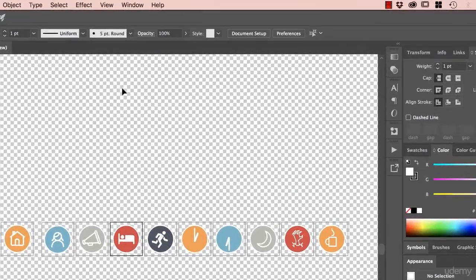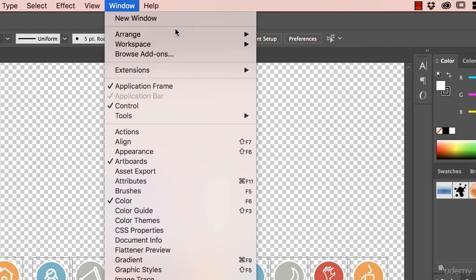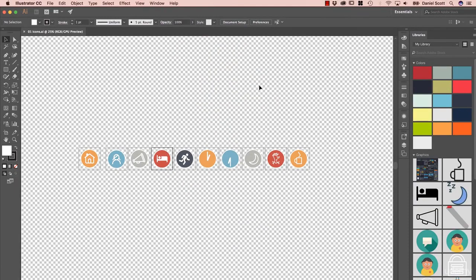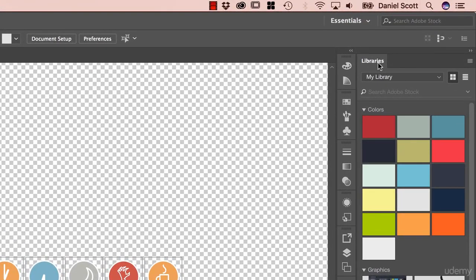But what we're going to do is reset our workspace just to make sure it's like yours, so we can get started. Reset essentials. Now the first thing we want to look at is something called libraries. So you might be using the Adobe Creative Cloud now, but ignoring these libraries. They keep popping up and you're like, go away. This is the video that's going to convince you that they are super awesome and you should start using them,